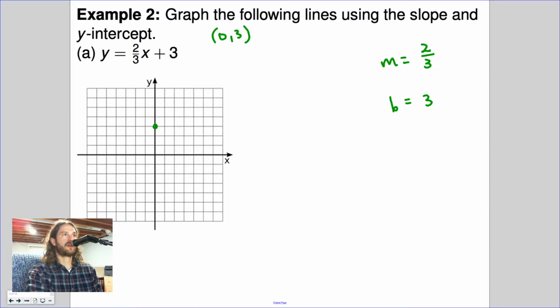So here's my y-intercept. My rise in this case is 2, my run is 3. So I can go up 2. Now I know that my slope is positive, so as I go from left to right, it needs to be going uphill, which means when I go up 2, I'm going to go to the right 3. I'm going to repeat that all the way across my graph. It's an expectation for my class that you put these points, that you know that they travel all the way across your graph. So I can see, and you have a straight line.